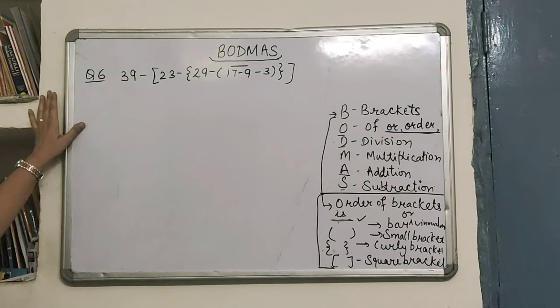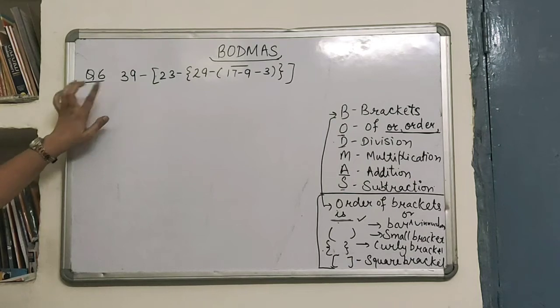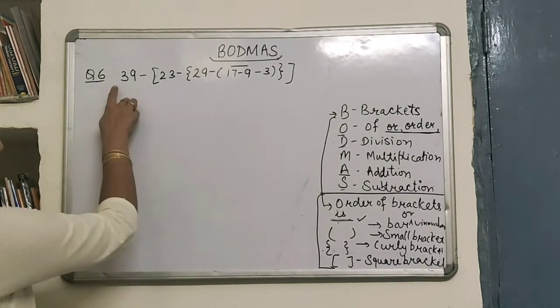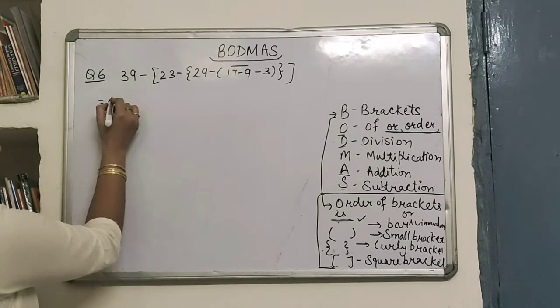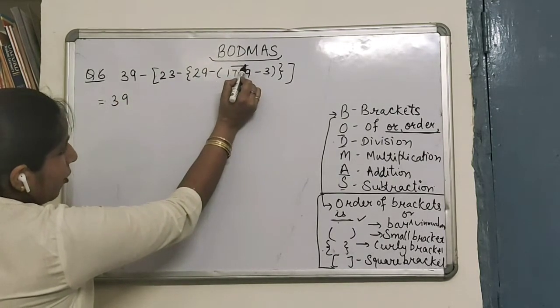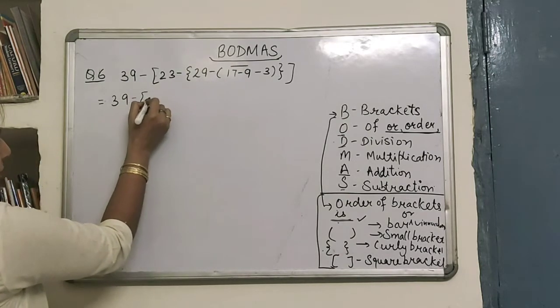Students, now let us start solving this question. This is question 6 of your worksheet. We have done question 1, 2 and 3. 4th, 5th you can do yourself, and to make you understand I am doing here question number 6 of 4th maths worksheet. Now in this question, similar method only we are going to use. You can see here the smallest one, the order of bracket we need to follow, the vinculum. First of all we need to solve.